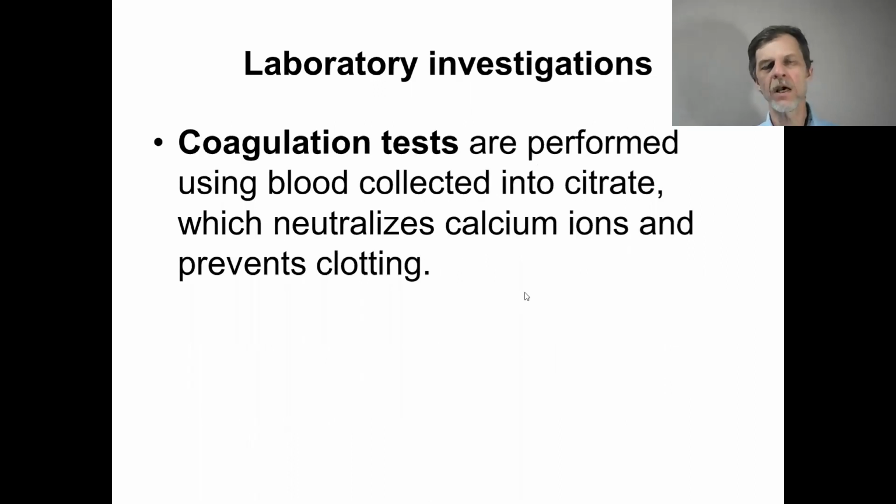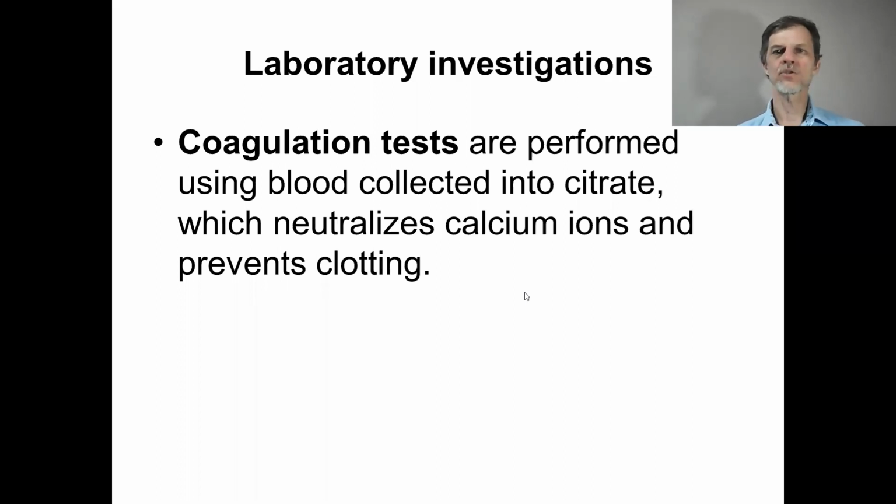Coagulation tests. Again, with bleeding time we can check platelets, how they act. Now coagulation tests. Coagulation tests are performed using blood collected into citrate, which neutralizes calcium ions and prevents clotting. Coagulation tests we perform to detect problems with coagulation, with formation of thrombin,